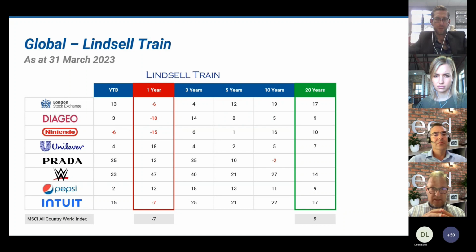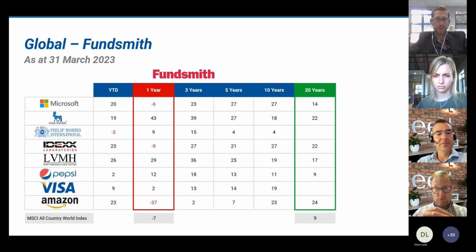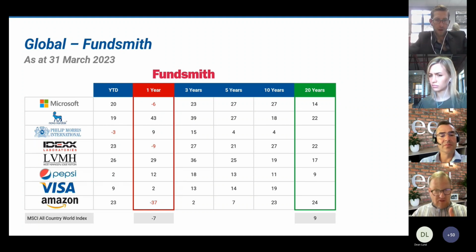If we go to the next one, as you guys know, we've invested for some years now as well in Fundsmith. Very similar outlook, but not a lot of overlap. I think the one overlap in the top 10 is Pepsi. So Pepsi is obviously a phenomenal business, with a huge and long pedigree. Not shooting the lights out over 20 years, 9%. It hasn't shot the lights out, but it's an exceptionally stable business.